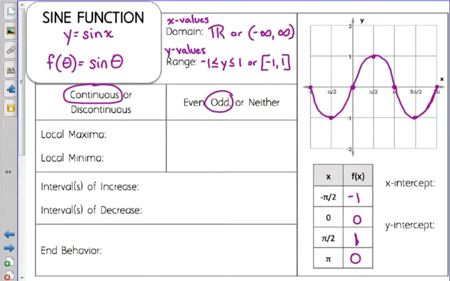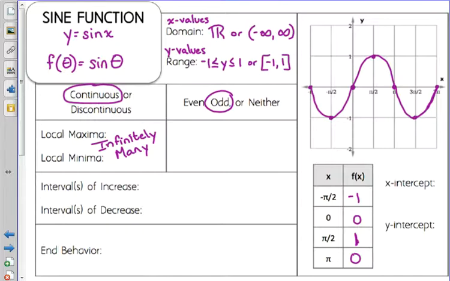All right, local maximums and local minimums. Now, hopefully this idea makes sense to you. If this graph continues on for forever and it just keeps repeating the pattern, there are technically infinitely many maximums and minimums. We could list these all day long. We could list them until exams. We could list the maximums and minimums, but let's just list the ones that we can see here on the